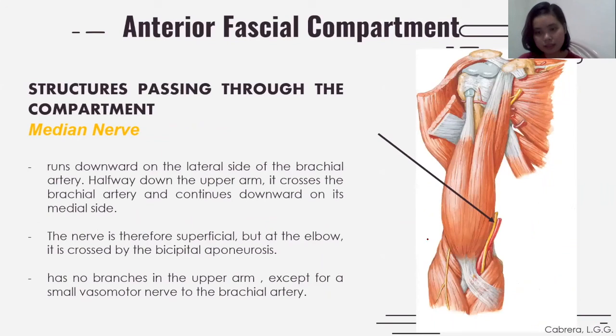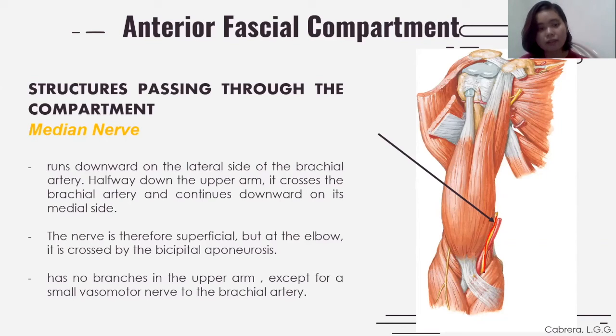Second structure is the median nerve. Ito po yung cut portion ng median nerve just beside the brachial artery. And it runs downward on the lateral side of the brachial artery. And halfway down the upper arm, it crosses the brachial artery and continues downward on its medial side. So a way to remember this nerve po is that it crosses the brachial artery halfway down the